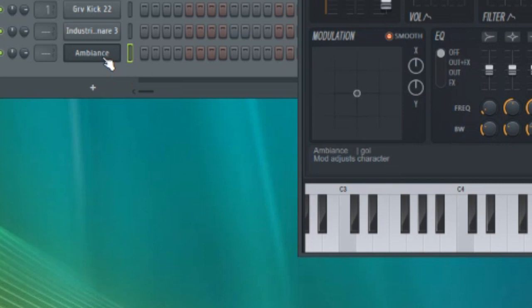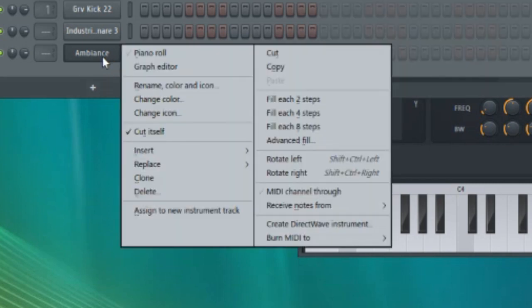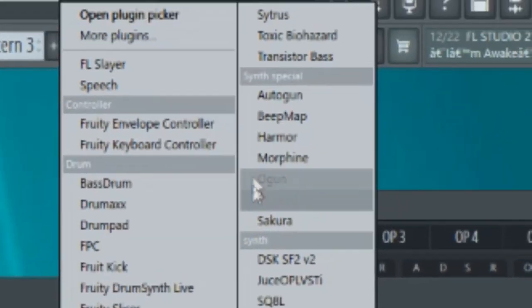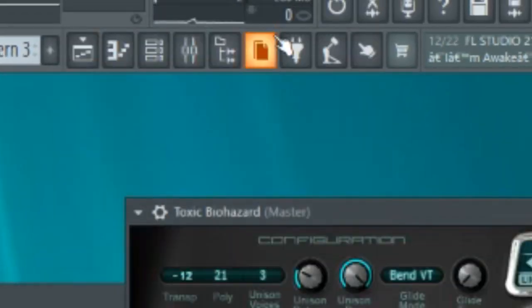I'll show you another way to add plugins, by the way. You can right-click on anything in the channel rack, and then you can either insert a new one or replace the one you've selected. So I'm going to replace this one because I don't like it. We're going to select here. Now,